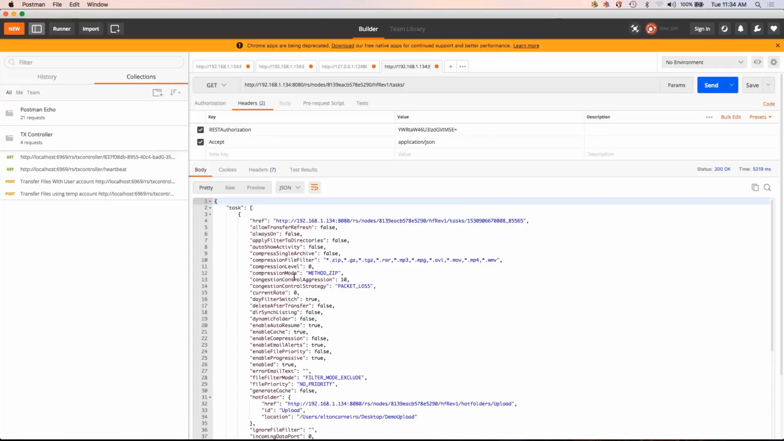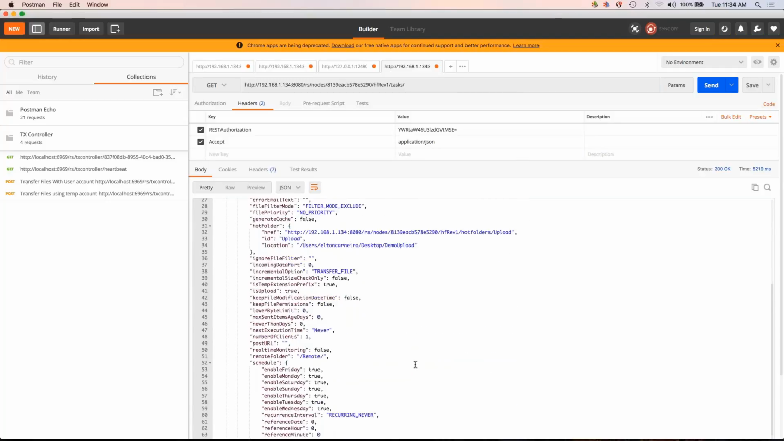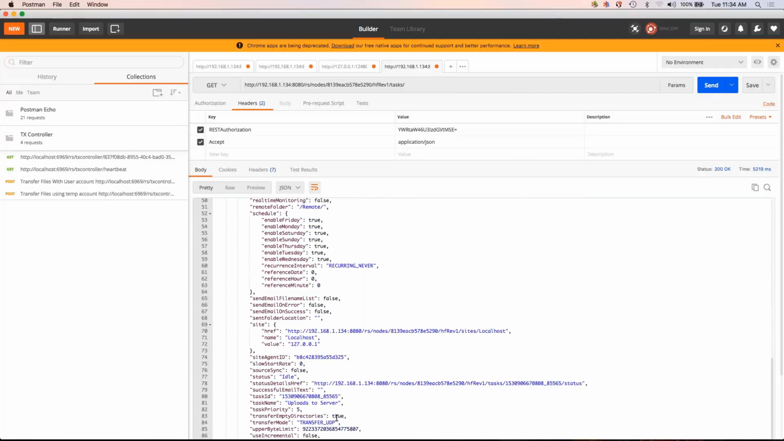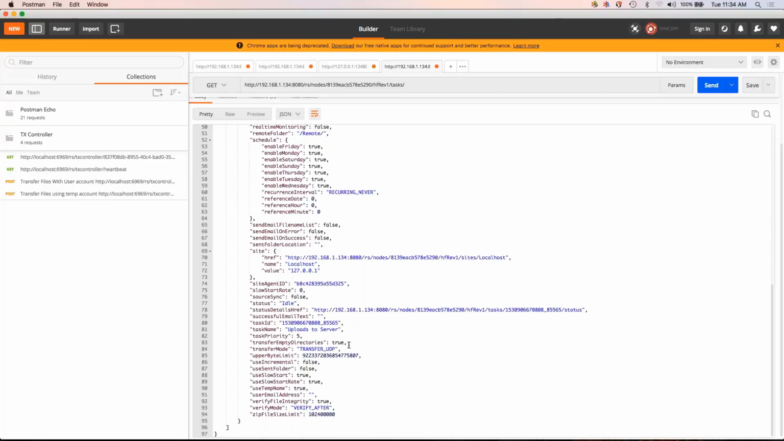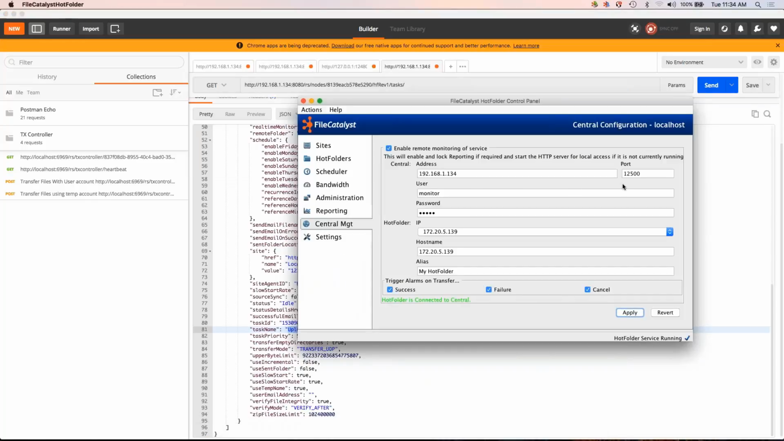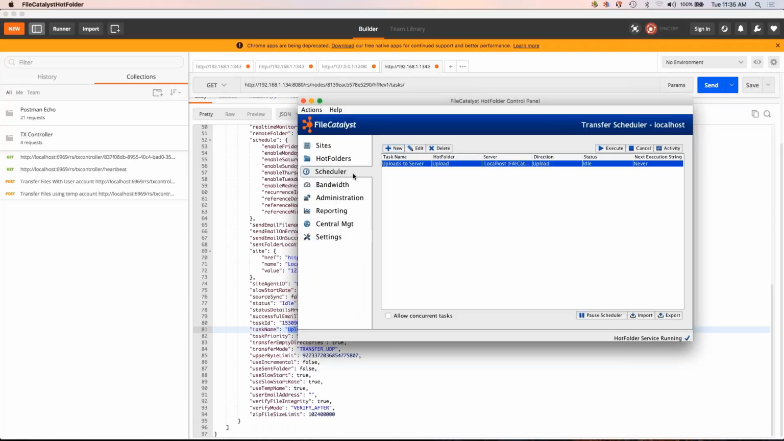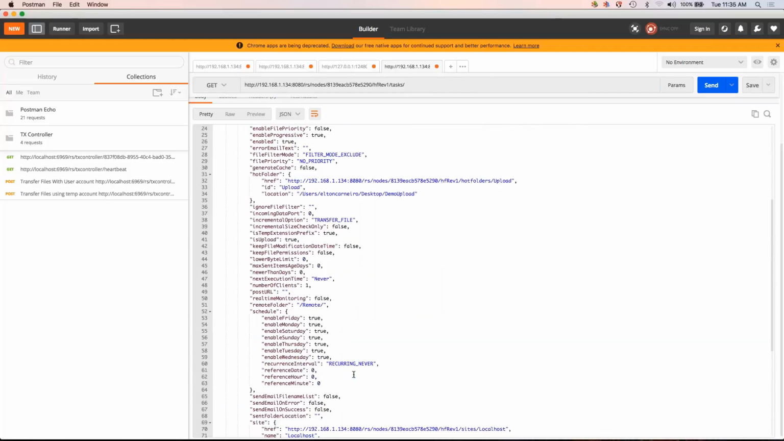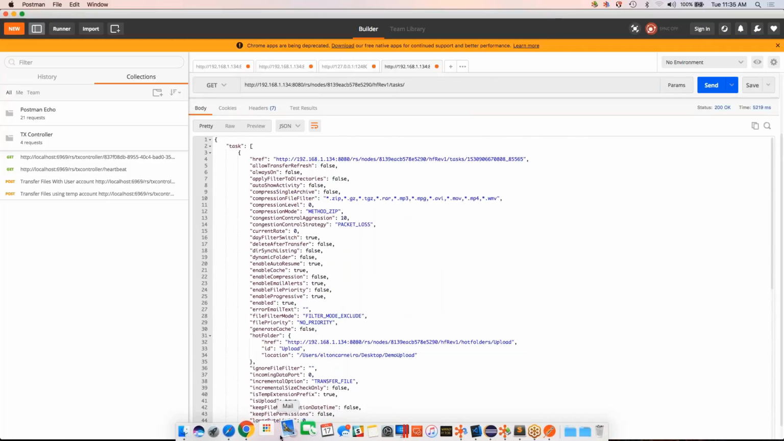And there we go. So this is the task. Let's see where the name of the task is. Uploads to server, which matches my hot folder here. Go back to scheduler, uploads to server. Now we want to execute this task. So to execute the task,